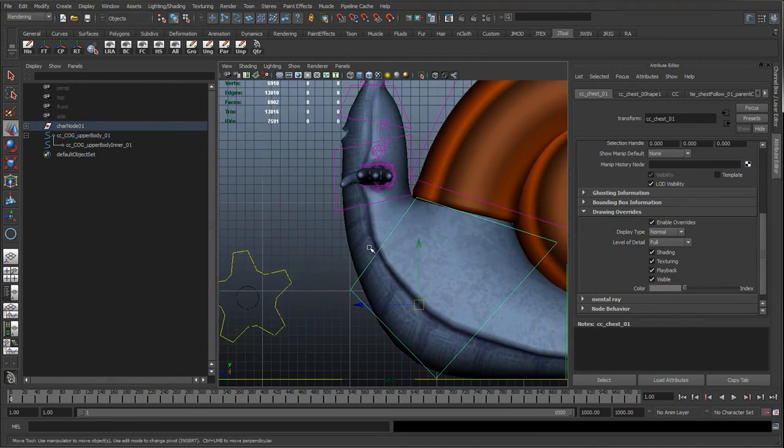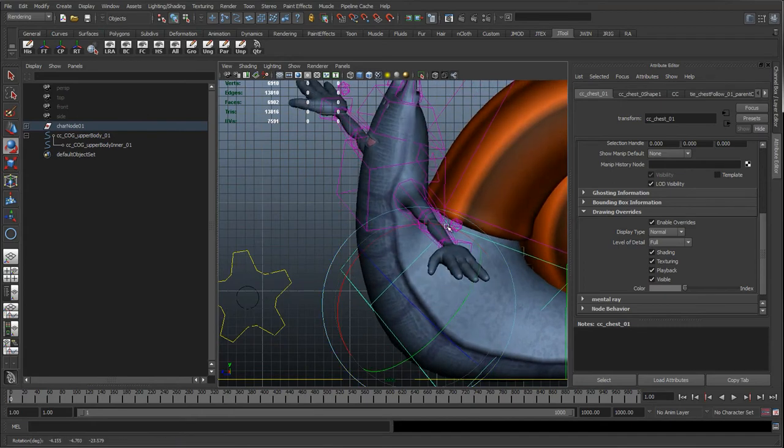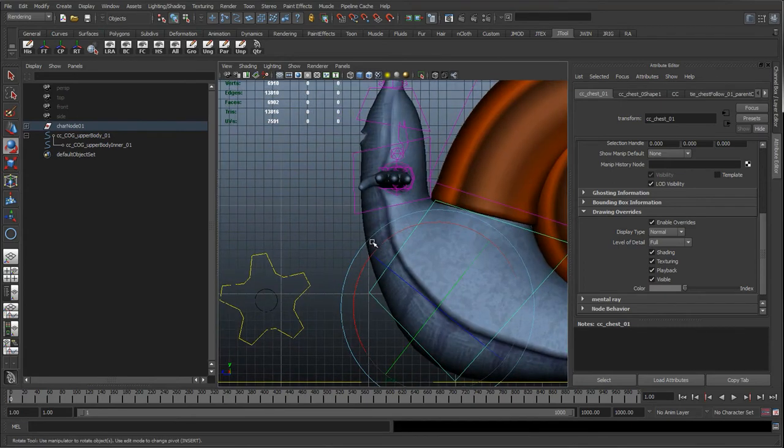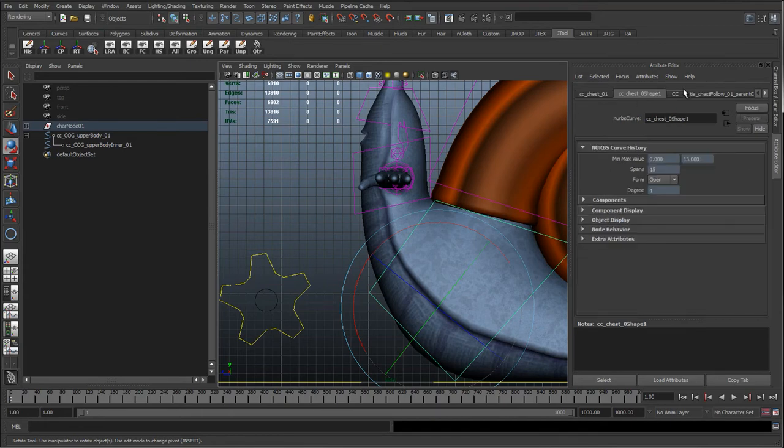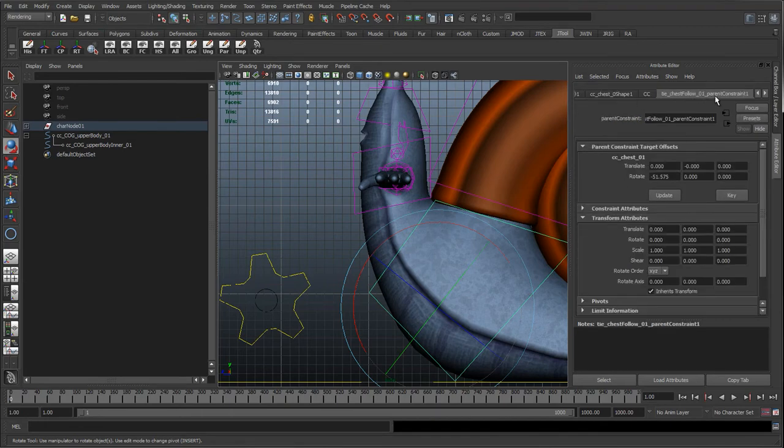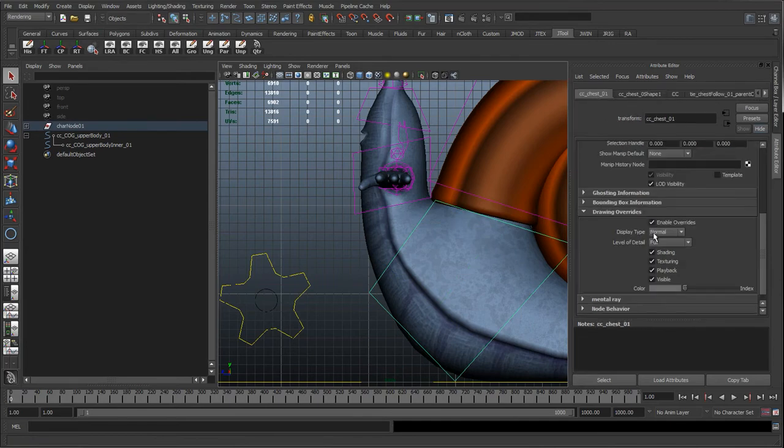And because we're removing control, this had a large influence before because it could move the entire upper body. But because we're going to be relinquishing control of the upper body from this control, and we're going to give it to the cog, I'm going to actually change the colour of this now. So we find the chest.